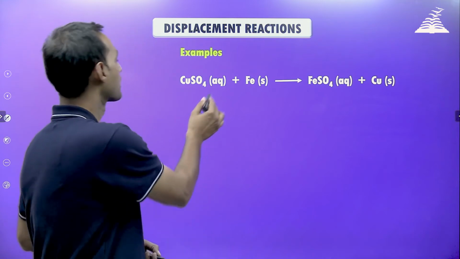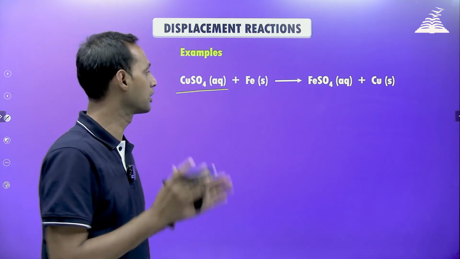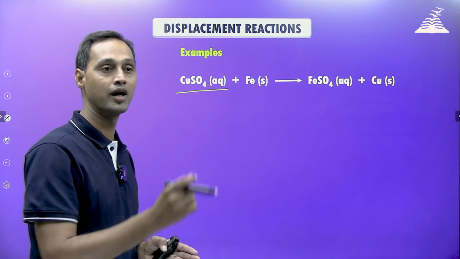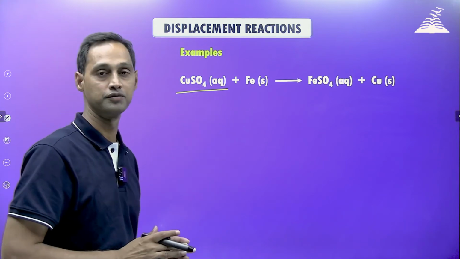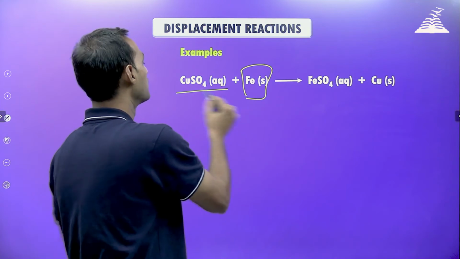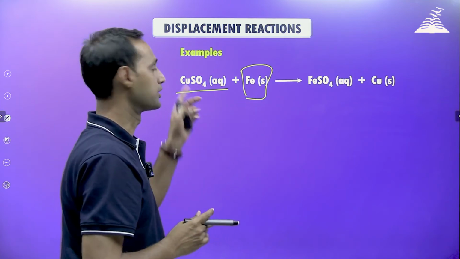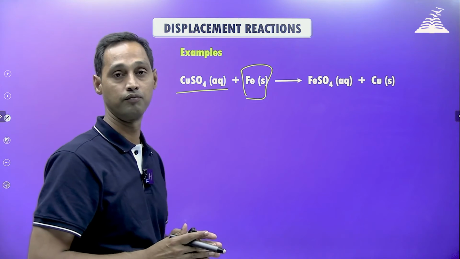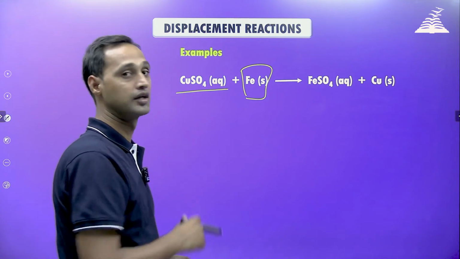Let's see here copper sulfate solution. A solution of copper sulfate and iron is taken. So iron nail is dipped in copper sulfate solution. Right? So if this is more reactive than copper, it will displace. Let's now check whether iron is more reactive than copper or not. Okay. Let's refer